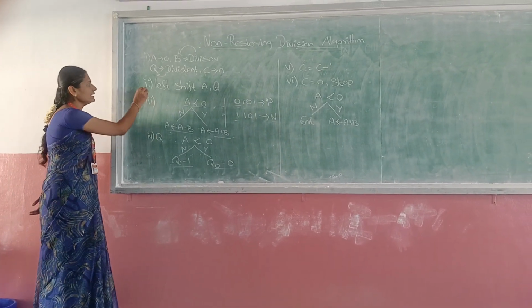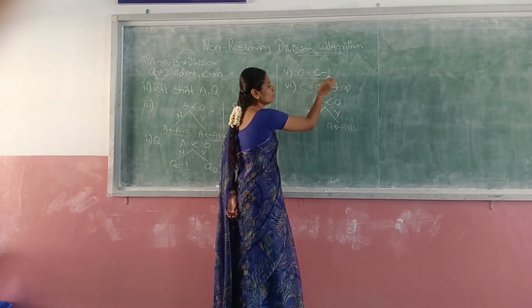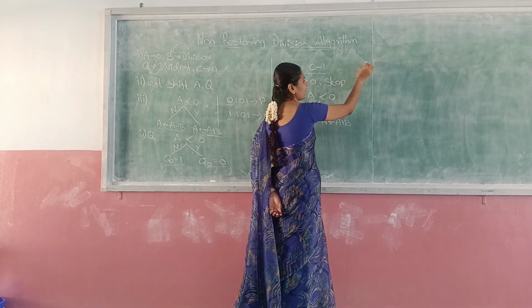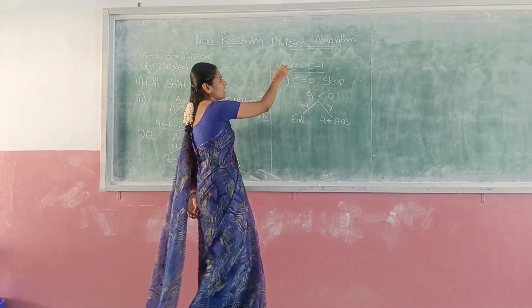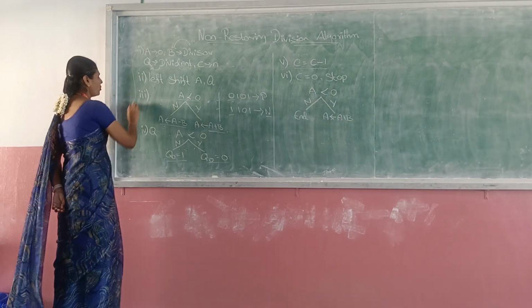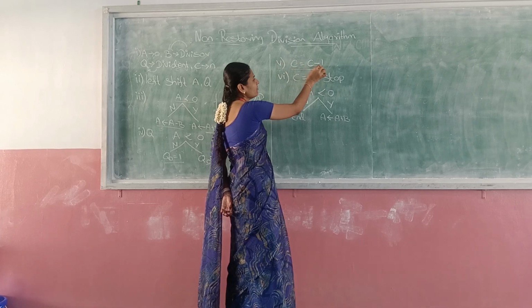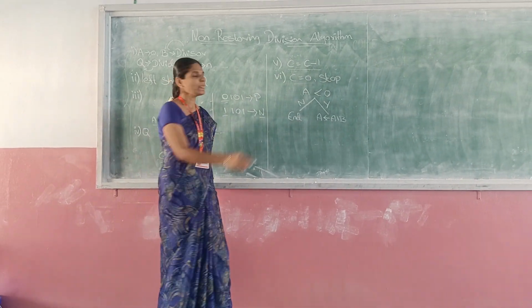Once after completing these 4 steps, next we have to reduce our count value by 1. That is, count minus 1. If it is 5, we perform 5 minus 1, 4. If it is 6, 6 minus 1, 5. So for each and every cycle of these 4 steps, we have to perform this C minus 1. After we reach C equal to 0, we have to stop our process, and